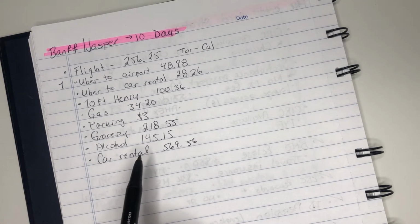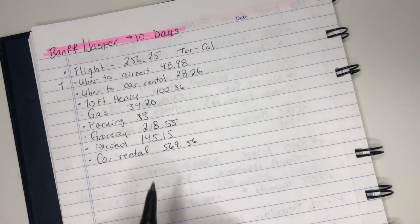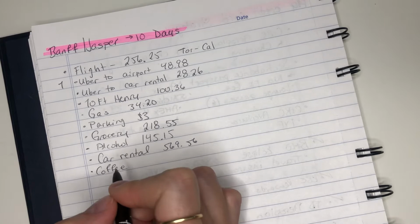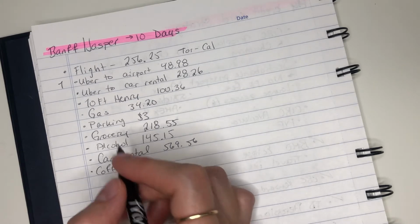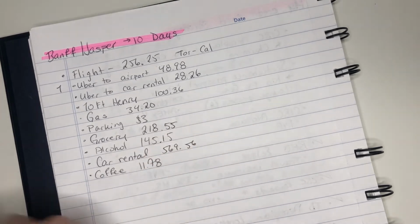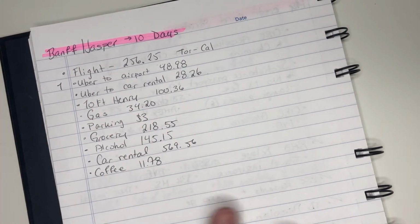And the last thing we got was coffee on the last day. So the coffee itself was, how much was it? It was $11.78. So first day, huge expenditures. What a start. This doesn't even include the Airbnb, which, so for the first night, we actually ended up staying